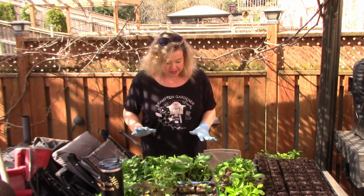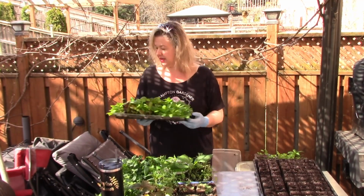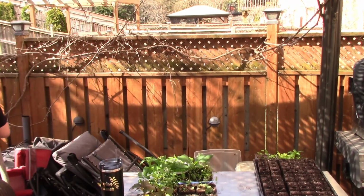So what I think I'm going to do is start with some of these other ones that are really big and need to get moved on, and then the petunias and whatever can get dealt with in a minute. So I'm going to let them get a little bit of sun for now, and it looks like I'm going to have to prune some of these back. They're getting